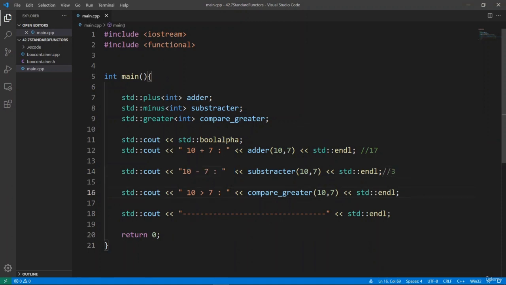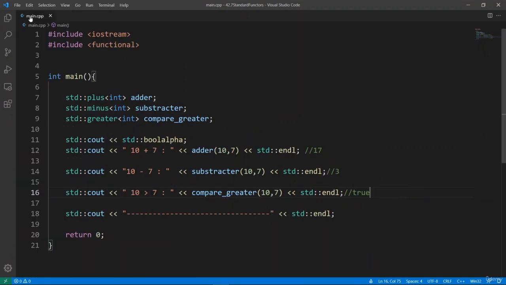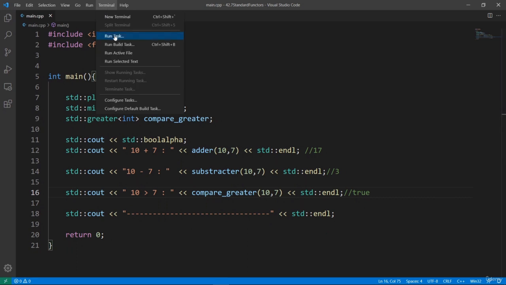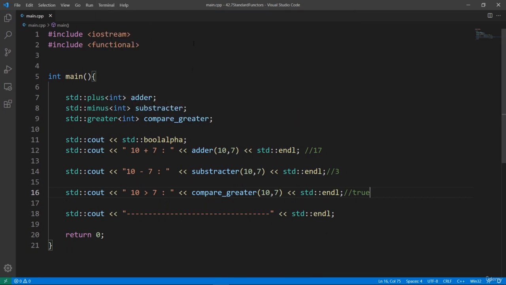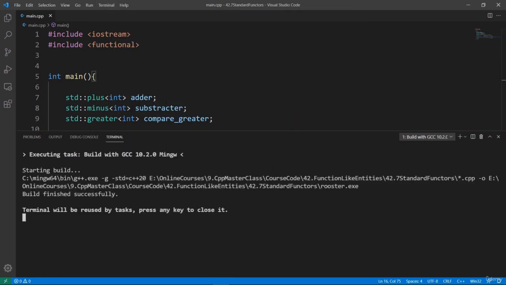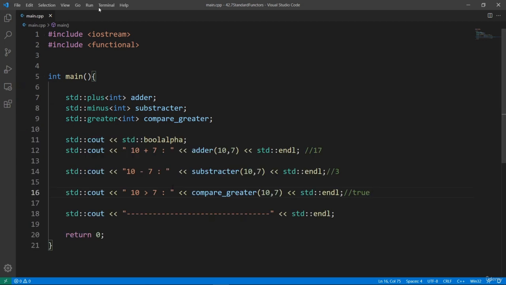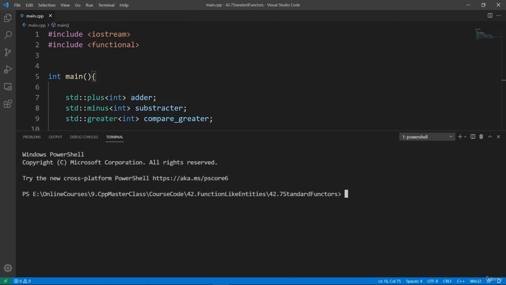And we are going to compare and see if 10 is greater than 7, and this is going to be a true because obviously 10 is greater than 7. So we expect to get a true out of this. And if we build and run this program, let's see what we get. We can pass this through our GCC compiler. The build is going to be good, so we can bring up our terminal window, and we're going to say